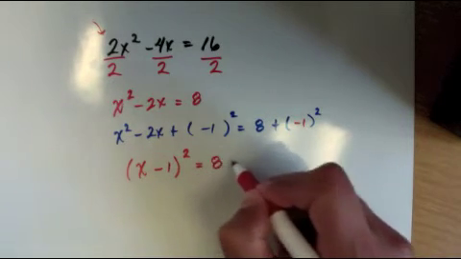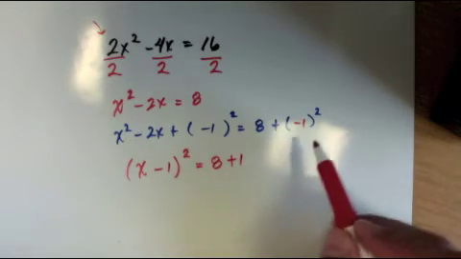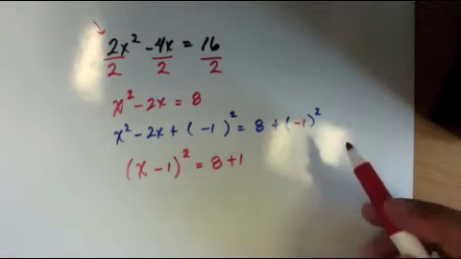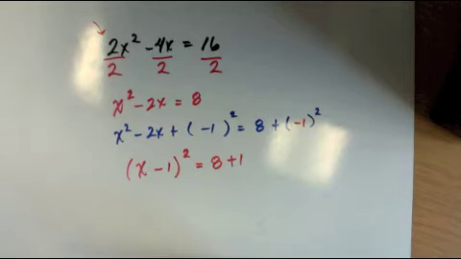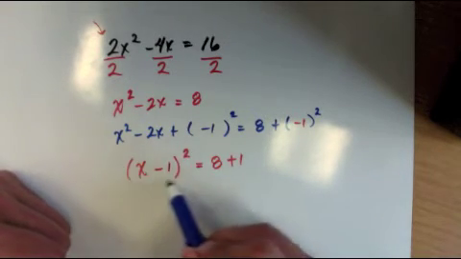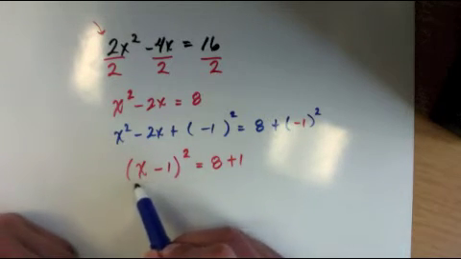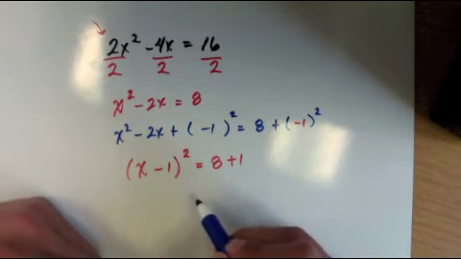We have 8. Negative 1 squared is a positive 1. Be careful with that, okay? A lot of students think it's a negative 2. I know, I make that same mistake as well. Now, to continue to solve this, some teachers will leave it like this, but if we want to go ahead and continue to solve it,